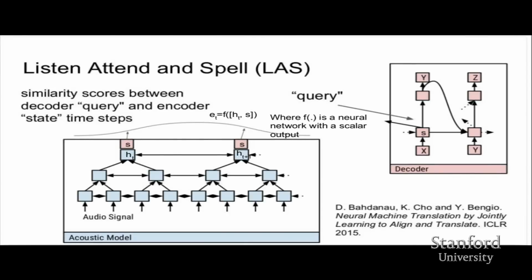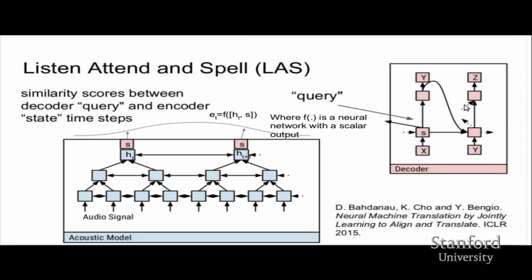So how does this attention model work? Firstly, you have an encoder on the left-hand side. It seems to have a special structure. I'll go into that in a few slides. For now, just forget the fact that it has a special structure, and just remember that for every time step of the input, it's producing some vector representation which encodes the input. That's represented as ht at time step t. So you have hidden vector ht at time step t, and you're generating the next character at every time step